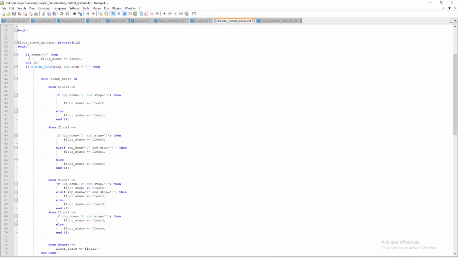You can see that if reset is 1, at the initial state it will be at the floor 1 state, and at the rising edge of clock, it checks whether stop is 0. If stop is 1, then it will stop at that point. If stop is 0, then for the case